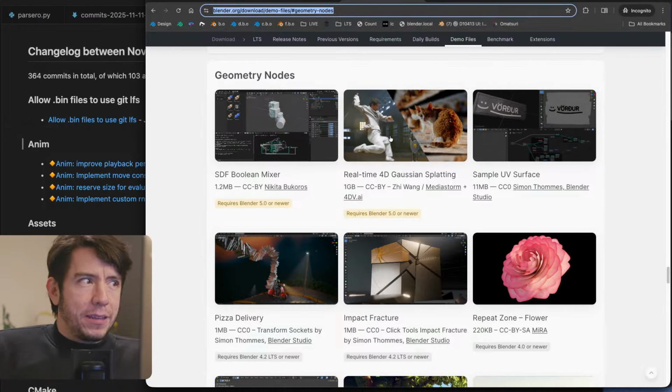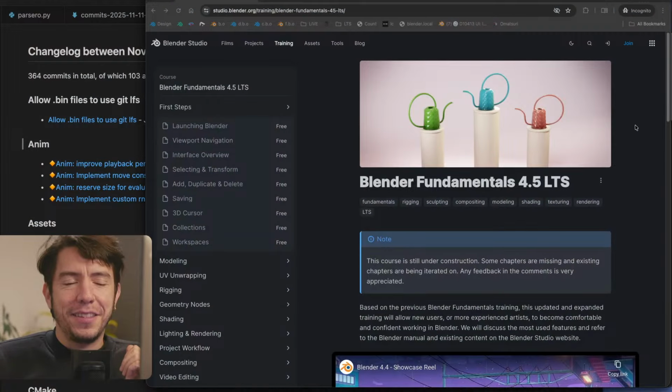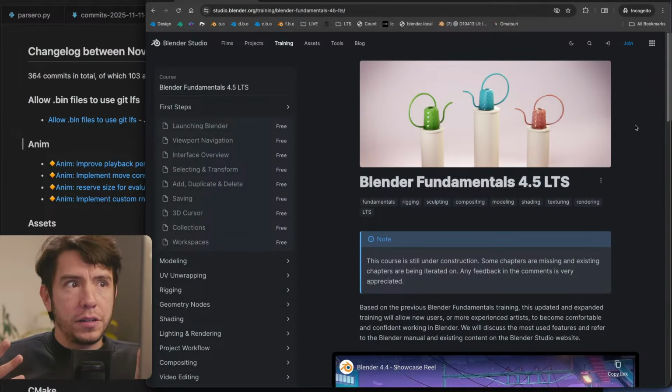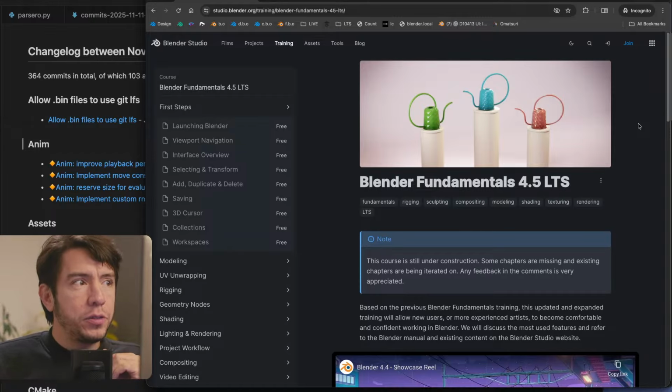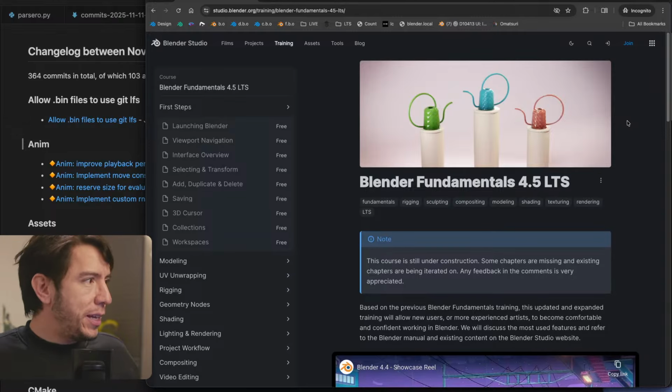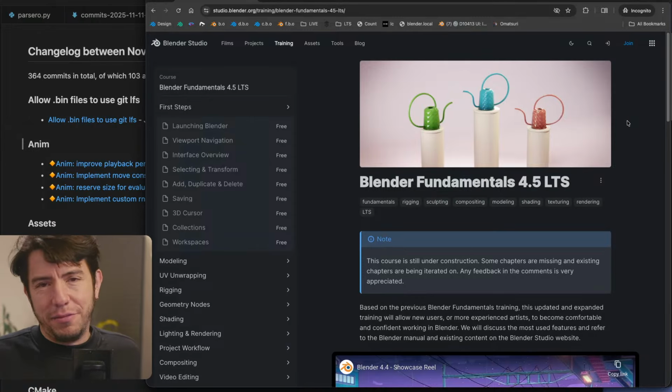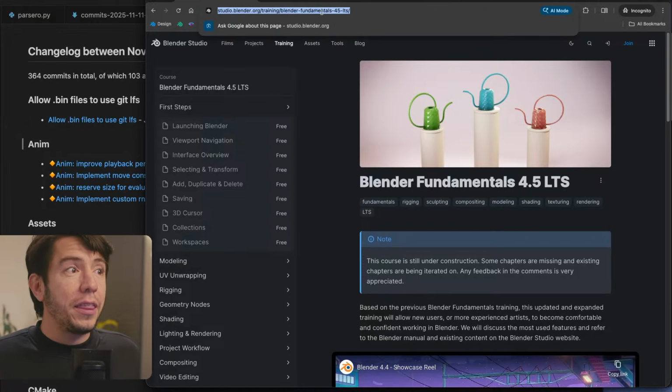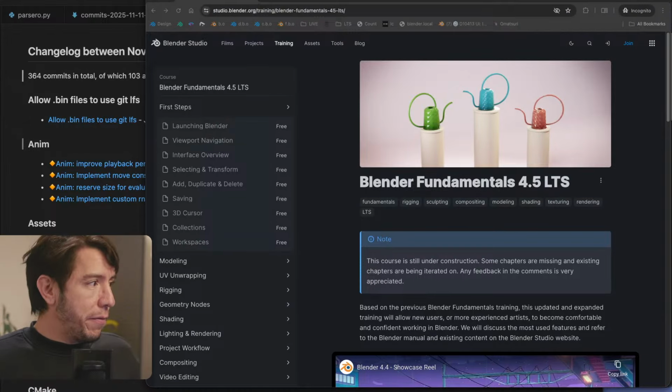What else? You know what else you can have fun with? Blender 5 is like the greatest thing, right? It's like the new toy. But Blender 4.5 is just as good. And to celebrate this just as good thing and the fact that it has 2 years worth of updates, so until 2027, the Blender Studio released the Blender Fundamentals for 4.5. Yes, it is outdated, but it's not really outdated. You can learn Blender 5 with Blender 4.5 Fundamentals. This is free access to everyone.